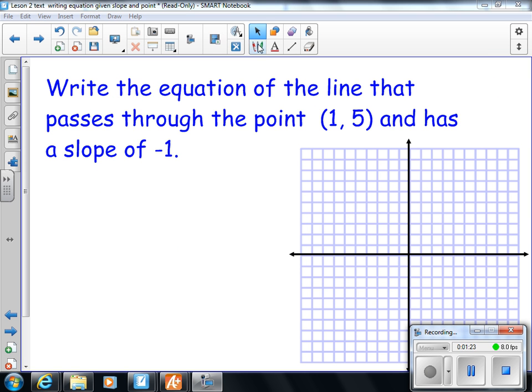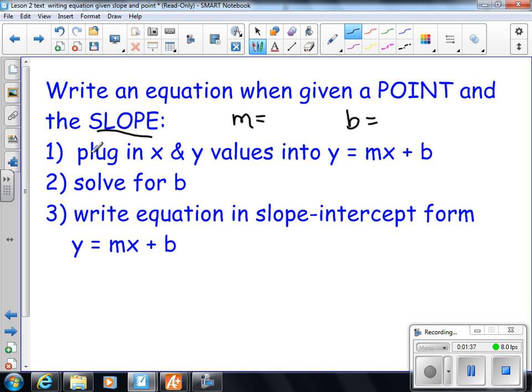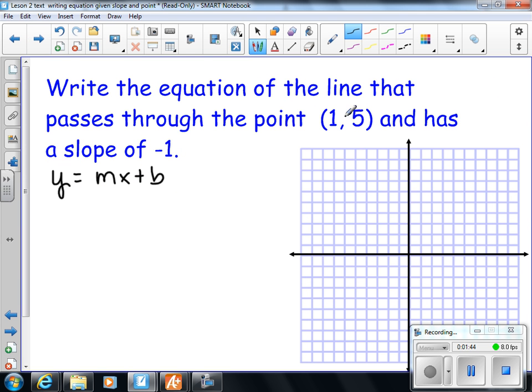Okay, so let's write the equation of the line that passes through the point 1, 5 and has a slope of negative 1. And we're going to write it in slope-intercept form. So the first step was to plug in your x and y coordinates into y equals mx plus b and include your slope. So which one's your y coordinate? The 5. So we have 5 equals, what's your slope? A negative 1. And what's our x coordinate? 1